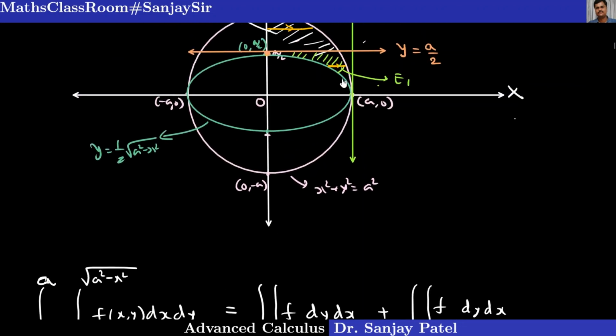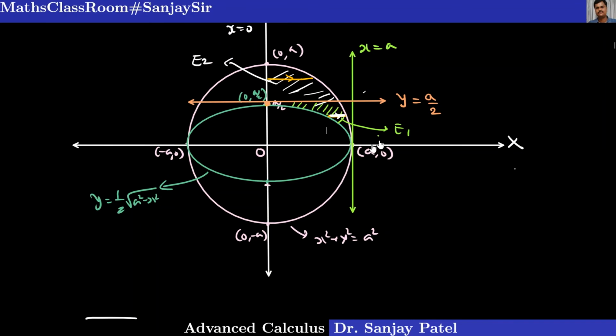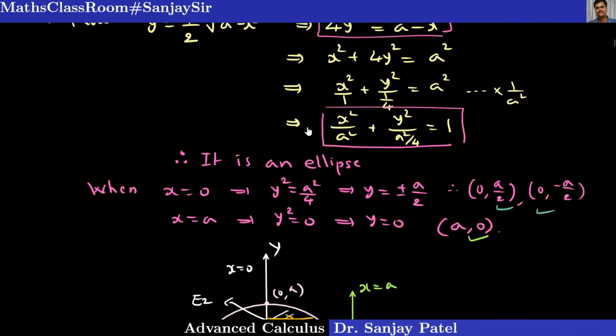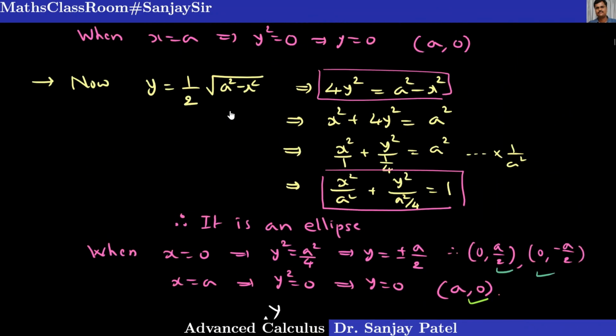So for the region E1, we are integrating with respect to x first. So we take a strip parallel to this x-axis, it is shown here, and determine the end curves of this strip. So one curve is this ellipse. The equation of ellipse is given by this, which we can simplify. Rather, we already simplified it. Let me show you that, because I want to express this equation of the ellipse as a function of y. So that can be achieved using this simplification.